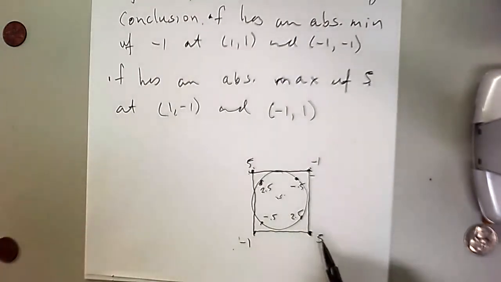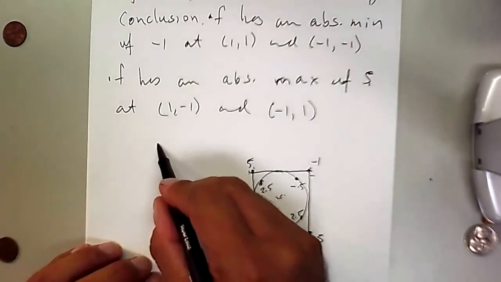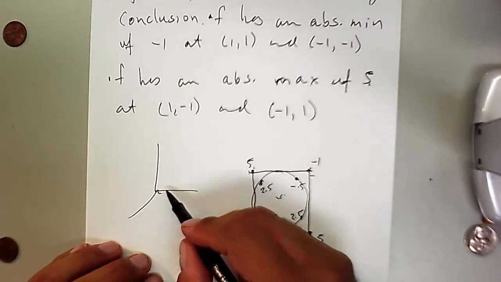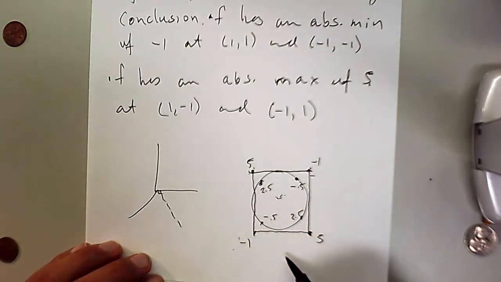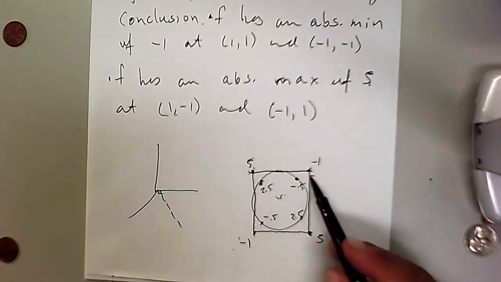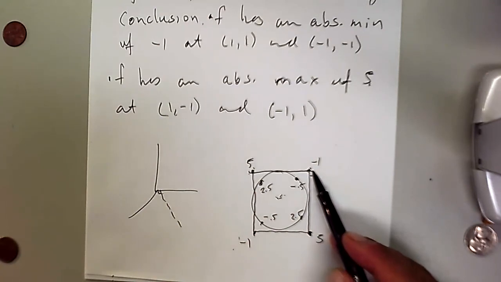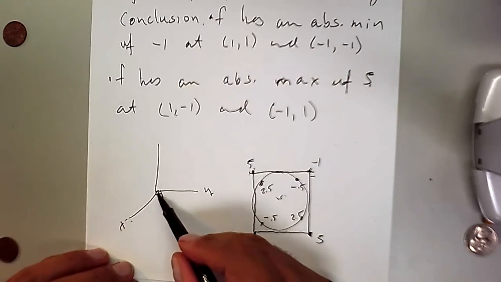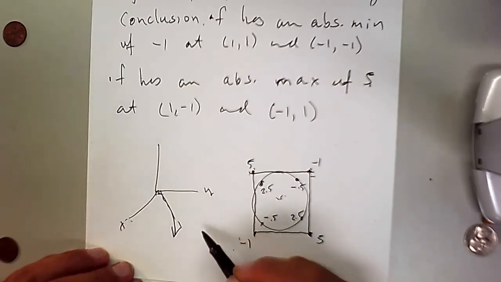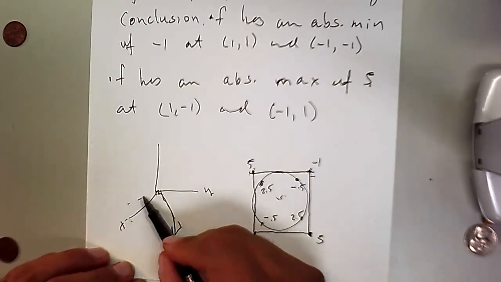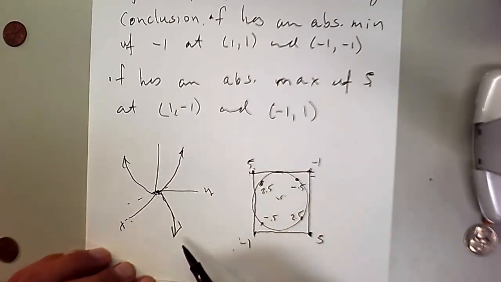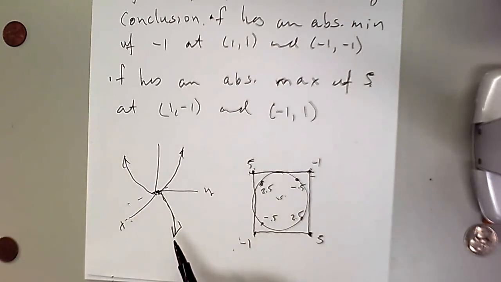So based on this, I have more information about the behavior of the graph. If you go diagonally, yeah, this is 1, 1. So if you go on the x, y diagonal, the graph is going to go down. But diagonally the other way, the graph is going to go up. So now we have more information about